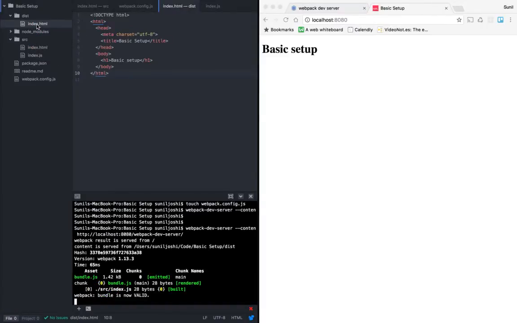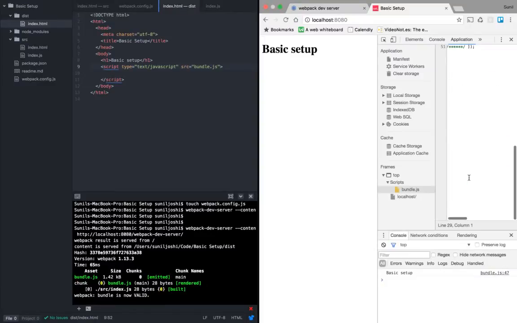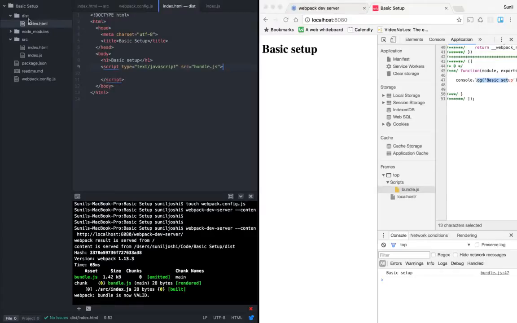And one more thing we forgot here is, though the bundle.js, it's saying that it has transformed it to a bundle.js or index.js file, but we haven't included it, right? So there is src bundle.js. If I save this and rerun, I see a console.log statement out here. Yes, this is the console.log statement which we wrote in our index.js. But the obvious question is, we don't see that bundle.js in the dist folder.